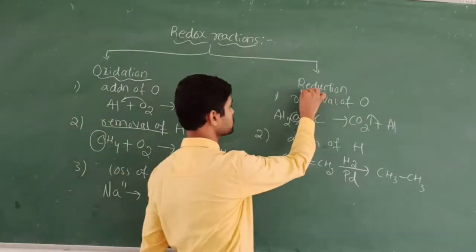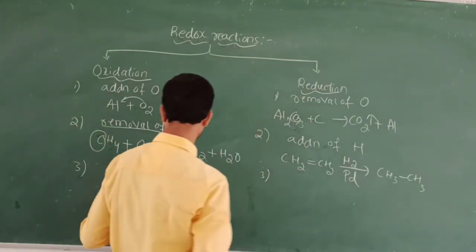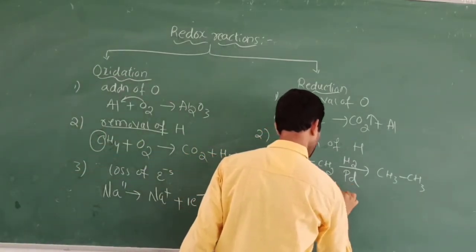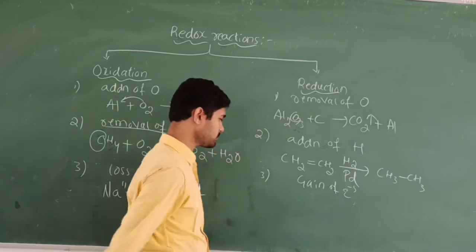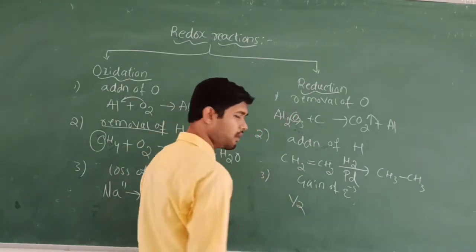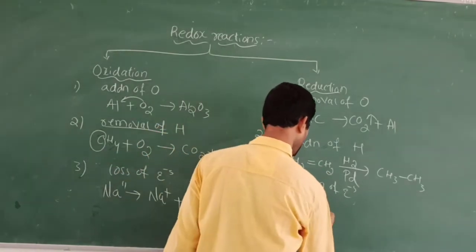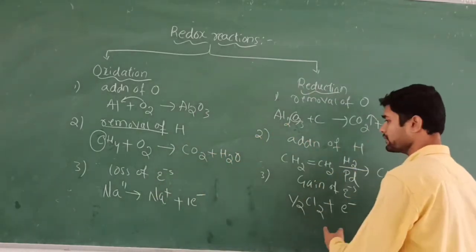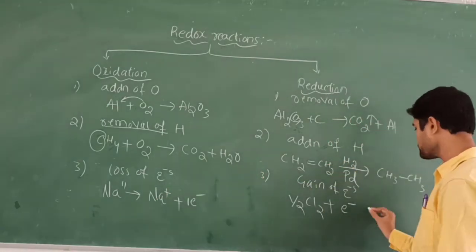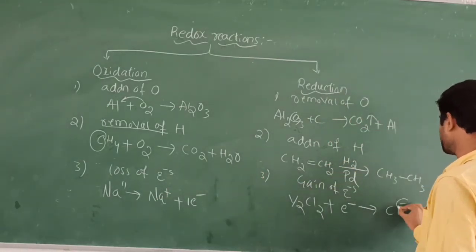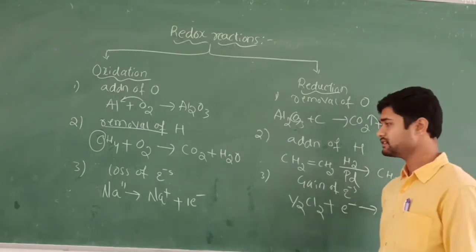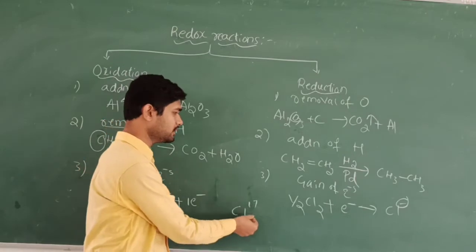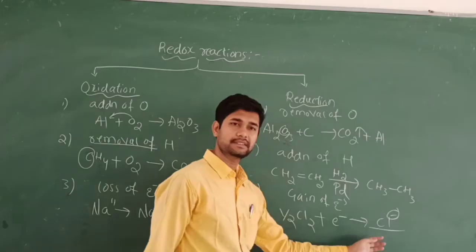What about reduction? It is the opposite of loss of electrons: gain of electrons. How should the electron be gained here? Suppose I take the example of a chlorine molecule gas and add an electron, which is taken from the sodium metal. What forms here? Cl minus is formed. Cl initially has 17 electrons, and if I add an electron to it, it becomes Cl minus. This is a stable one.